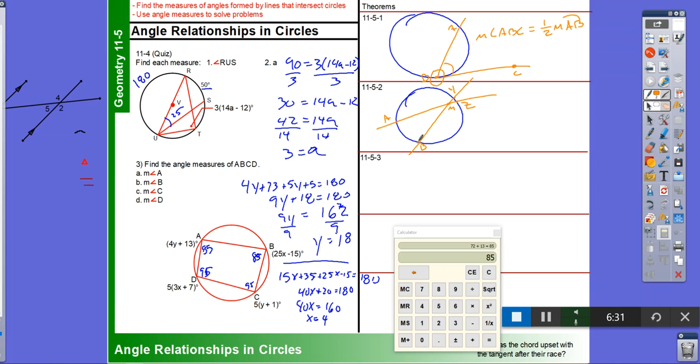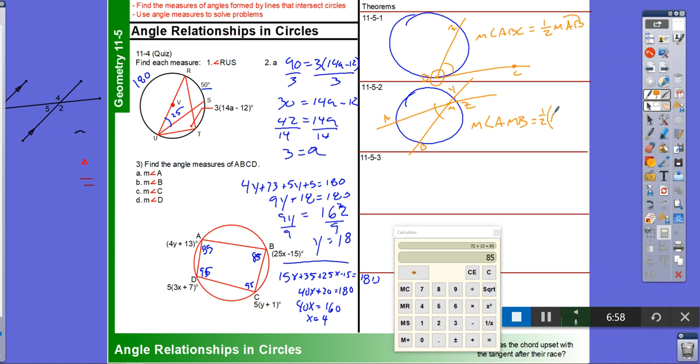We know that the measure of angle, this is the big one right here, measure of angle AMB is going to be equal to one-half,